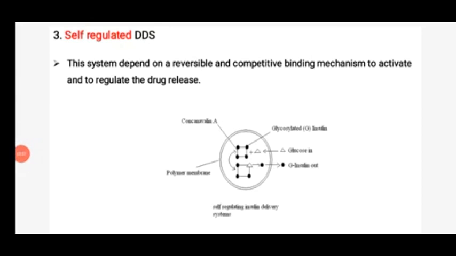Okay, second one is parenteral dosage form. In this parenteral dosage form, controlled release drug therapy is possible for the intramuscular route, that means in the muscle, IM, and they are used only for implants and transdermal devices. Transdermal, that means dermal means skin and trans means across the skin.